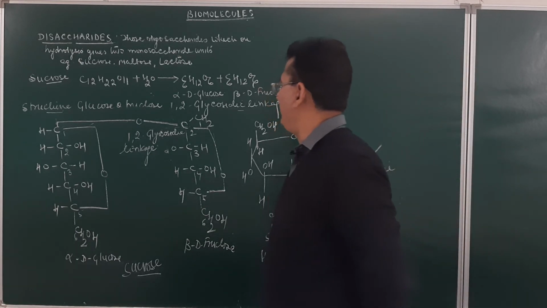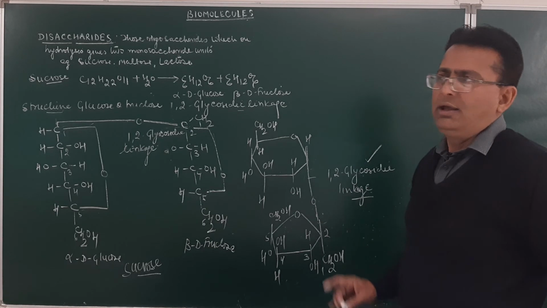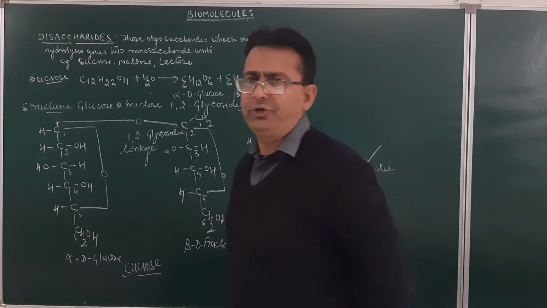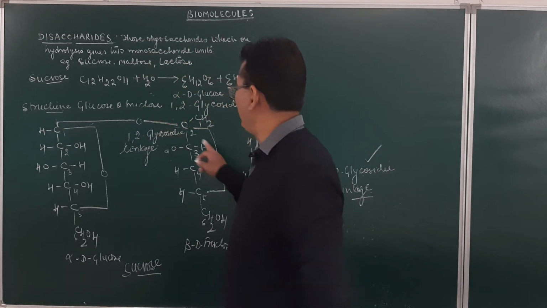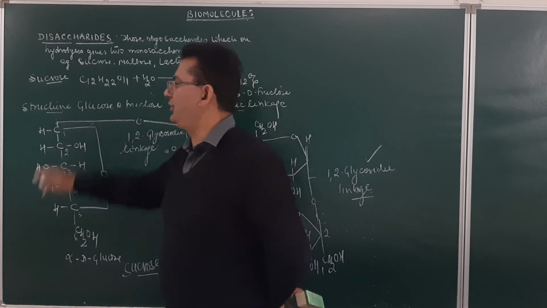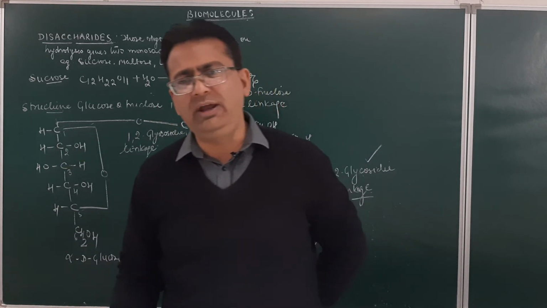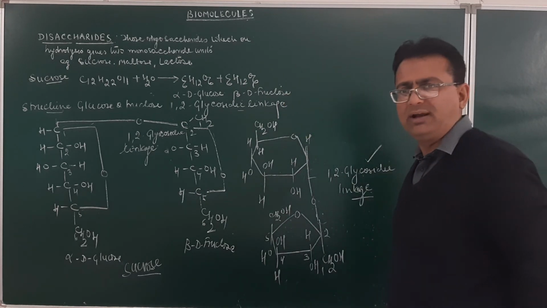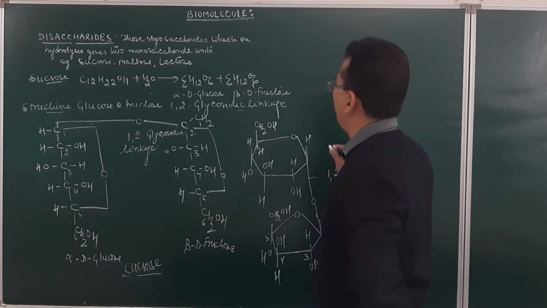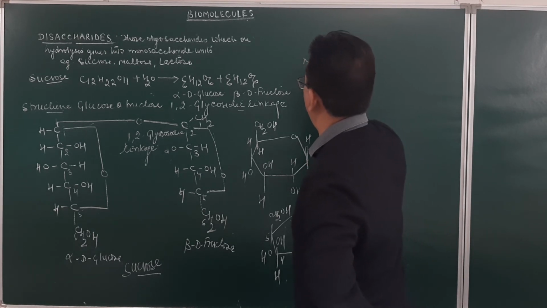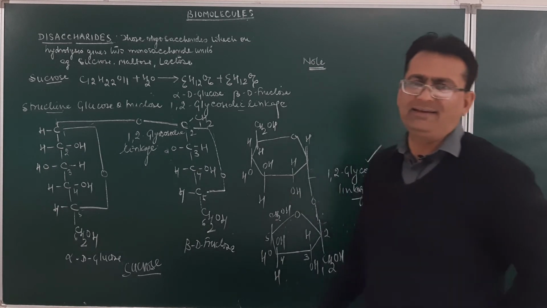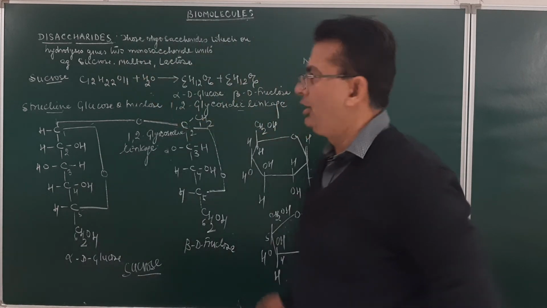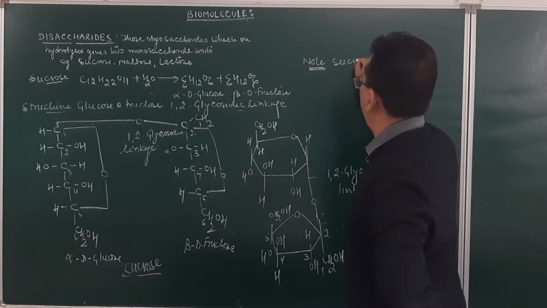One very common question which is being asked for sucrose, although it has a CHO group, it has a ketonic group, but it does not reduce the Fehling solution or Tollens reagent. As you must have seen over here, in the ring structure of sucrose, neither the CHO group is free nor the ketonic group is free. So it does not give a test with the Fehling solution as well as with the Tollens reagent. So as a note, you must remember a question which is very common in the ISC board. Sucrose is a non-reducing sugar.